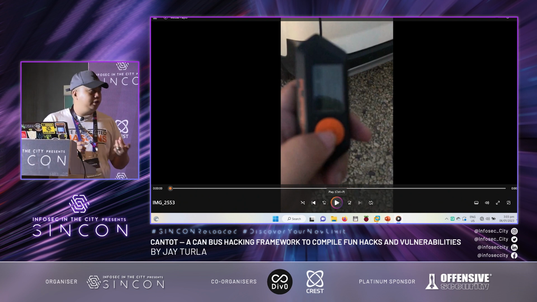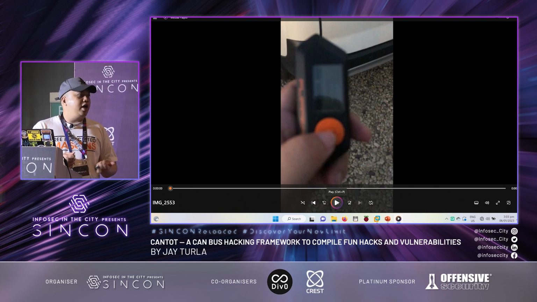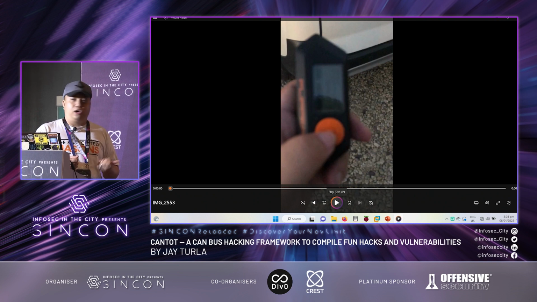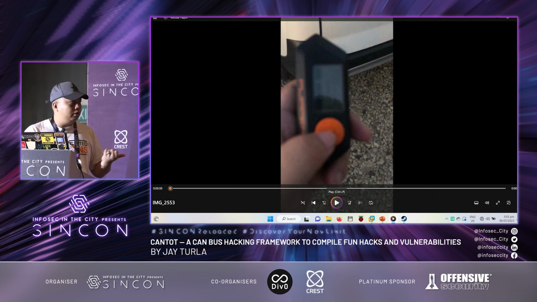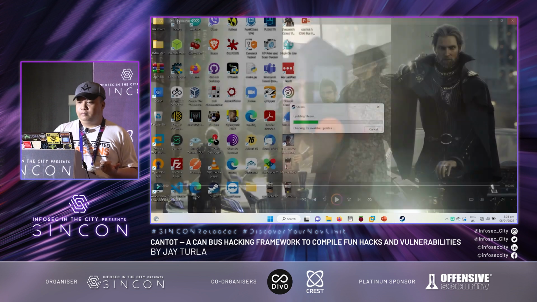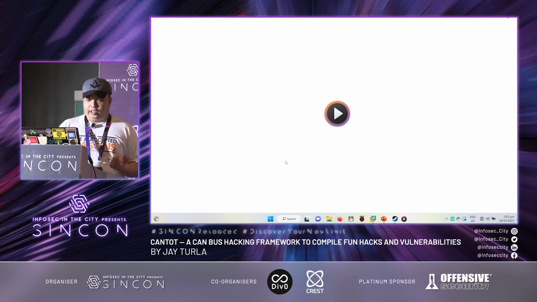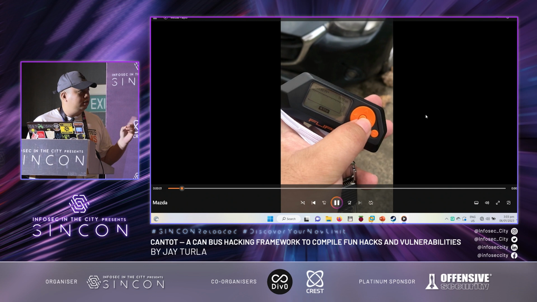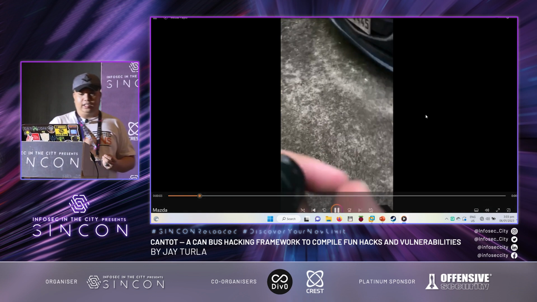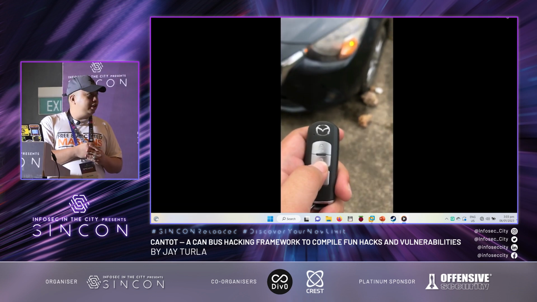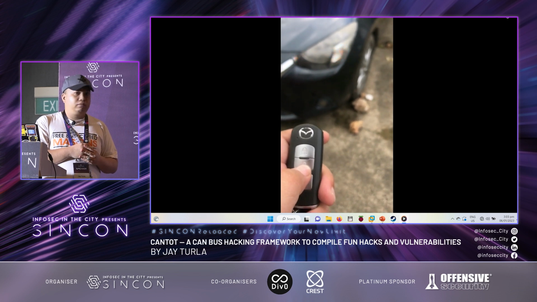So this is from a 2017 Toyota Rush, which is a common compact SUV from the Philippines. And this is from my car, which is a 2017 Mazda 2 sedan,